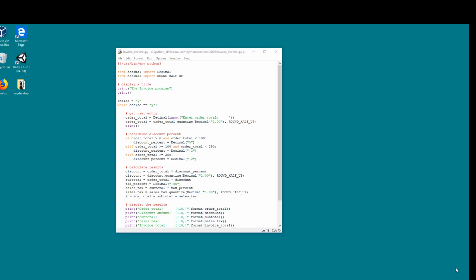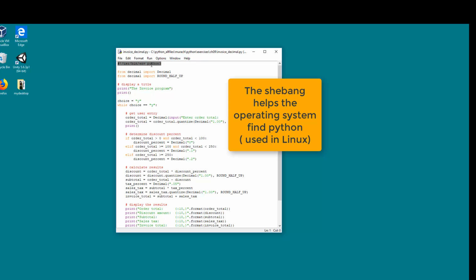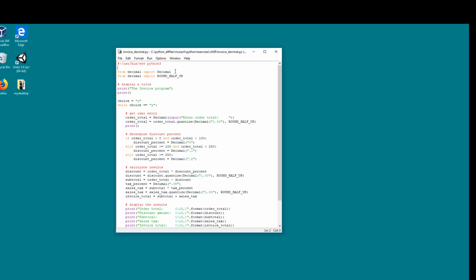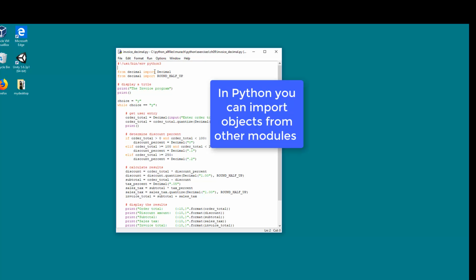We're going to work on exercise 9.1, enhance the invoice program. Before we get going, we're going to do a quick overview of the current program as it stands. And right here we see a standard shebang statement. Here we see that we're importing the decimal type from the decimal module, and then we're also importing round half